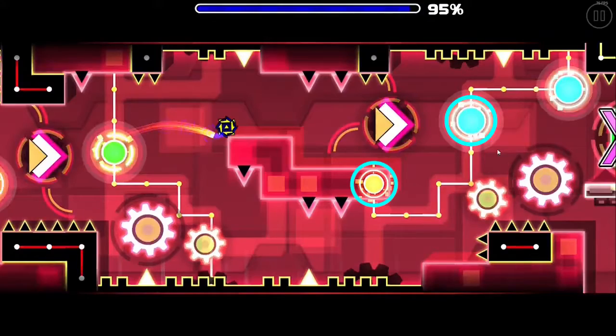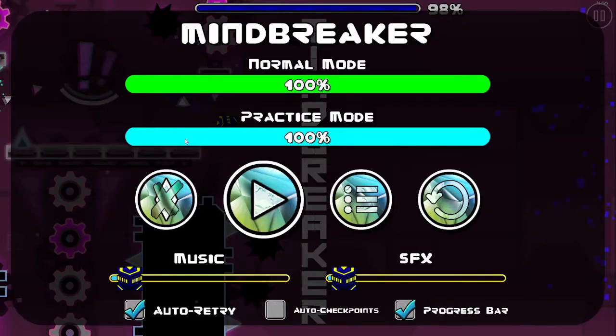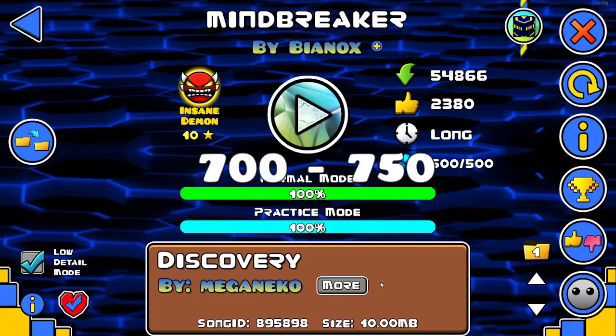Hit the first blue orb a little bit late, but then buffer the second blue orb. Then you want to buffer this blue orb and just hold until you get to the end. It seems a lot more intimidating than it actually is. And that's Mindbreaker complete. My first practice run took me probably around 700 to 750 attempts to get through all